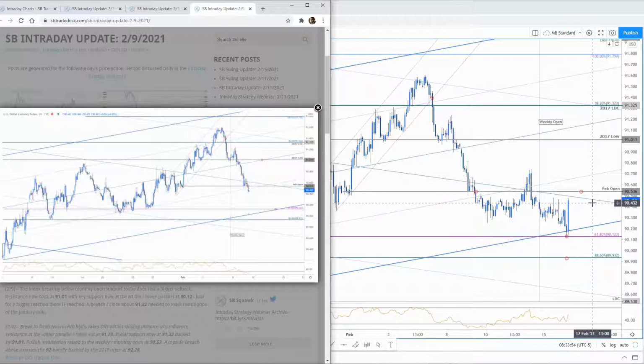Obviously, we're just opening up the session. Monthly open resistance, former support, now 90.53. If we get above and close above 90.53 today, I'll like that for a near-term bottoming process. Already in this, want to see a little bit more of a strike higher here. If we get through with conviction 90.53, the monthly open, specifically if this range holds for a couple more hours and it turns out to be a range breakout,